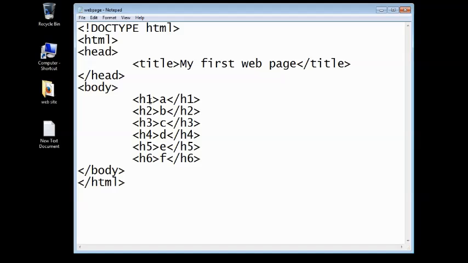So as you can see, I have opened every tag and closed every tag,